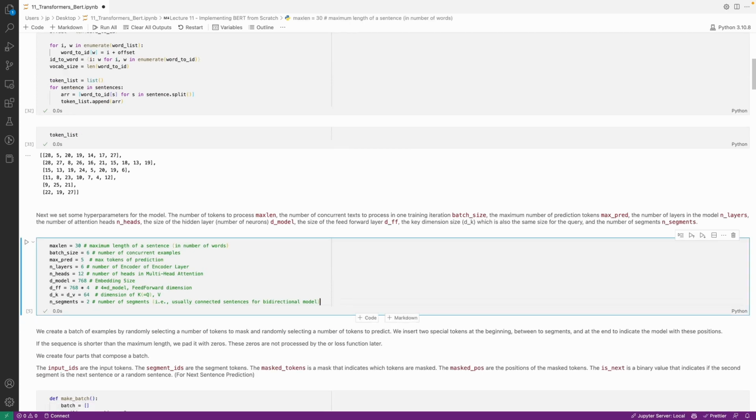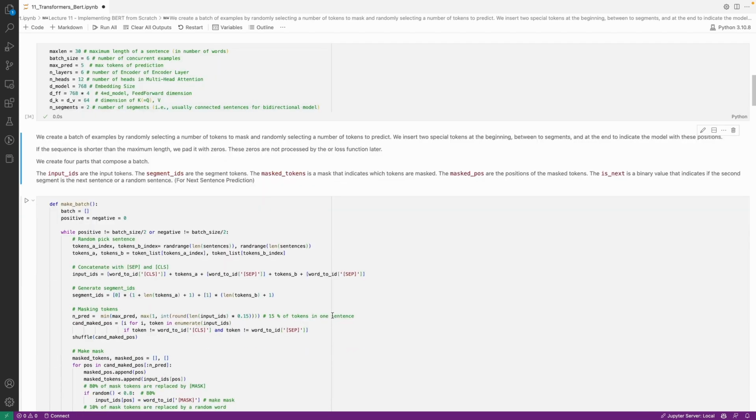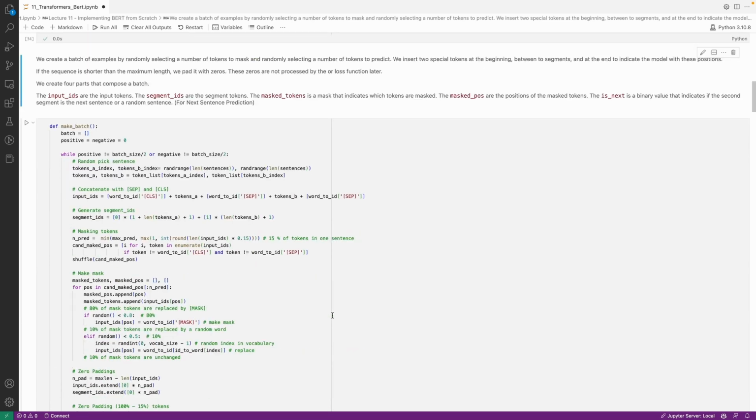So you can scale this n segment up, and then you can see what are the differences between 3, 4, 5, 6, 7 sentences. You might want to see if there's a hypothesis in the first sentence and there's 2 statements, and you want to know if one of them is contradicting and one of them is confirming. For example, you can find applications to use multiple segments. We have 2. Okay, and then now here comes a large function, but don't worry, it's actually just a preprocessing